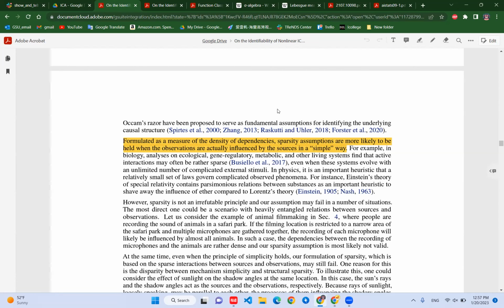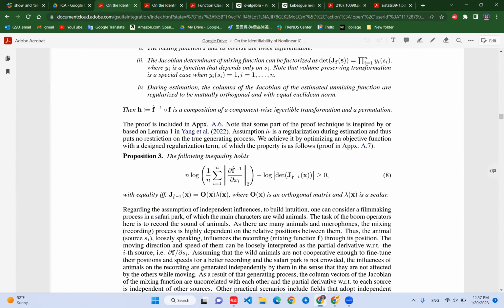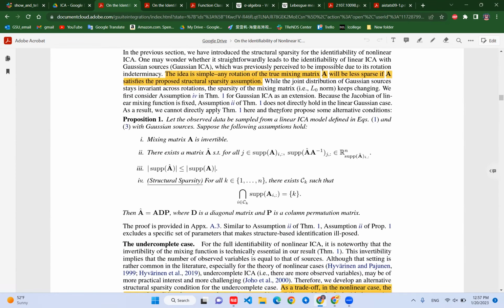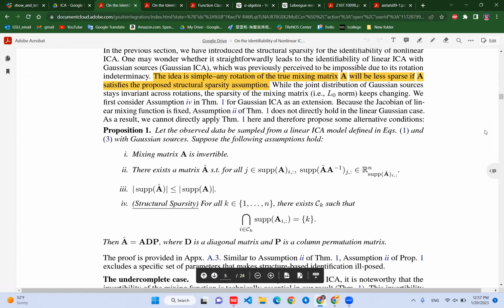I'm talking about the conditions that they're putting here. I didn't see that condition. Yeah, so proposition 1, this structural sparsity. Yeah, but structural sparsity doesn't require a connected graph, or does it? Like the graph should be connected. See, it's an intersection. So if your intersection is empty, it's violating the assumption. So, okay, they're saying only for a non-empty intersection it will work. Right, so that's basically they're trying to say what I'm saying, I think so, yeah. It has to be in at least 2 views, or picked up by at least 2 microphones,